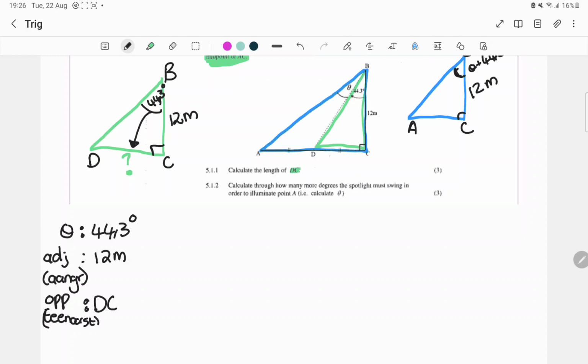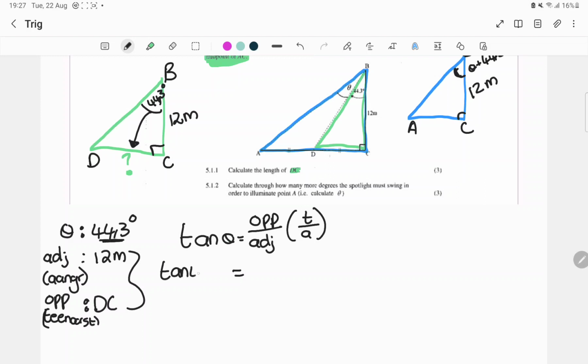Alright, so having this information, I'm going to ask myself, which function has an adjacent and opposite? Watse funksie is aangrensend en teenoorstaand? And then I know adjacent and opposite has to be tan. So tan theta is equal to my opposite over my adjacent, my teenoorstaand teenoor my aangrensend. So now I can just substitute. I said that my angle is 44.3, so it's going to be tan 44.3 degrees is equal to my